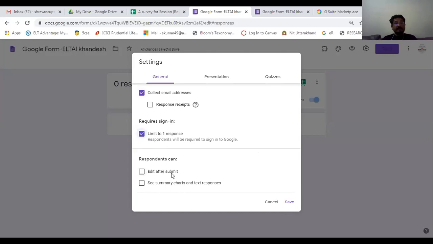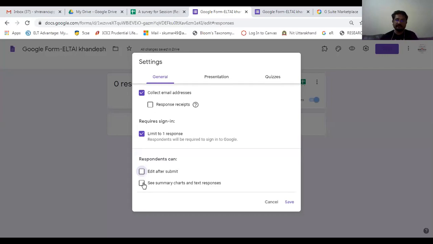And if I wish that you can also edit your options, then I need to click here. But this is a risky thing, so don't ever click on edit after submission. And if I wish, the students can see summary charts and text responses. This is totally your wish; if they wish to see, you can click here. Likewise, I was looking at all the options.